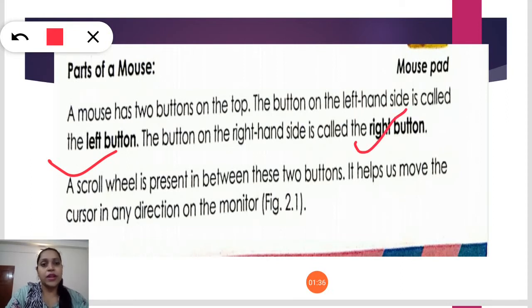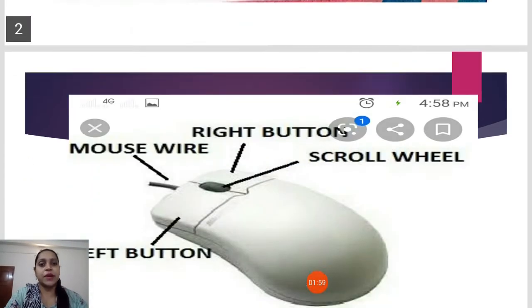A scroll wheel is present in between these 2 buttons, and it helps us move the cursor in any direction on the monitor. So here children, in the parts of a mouse, 3 parts are there: the left button, the right button, and the scroll wheel.